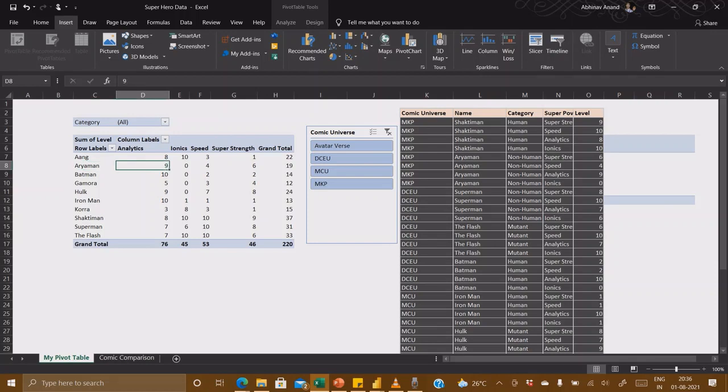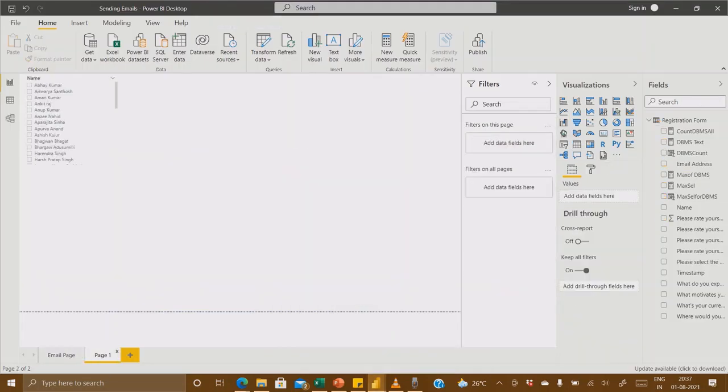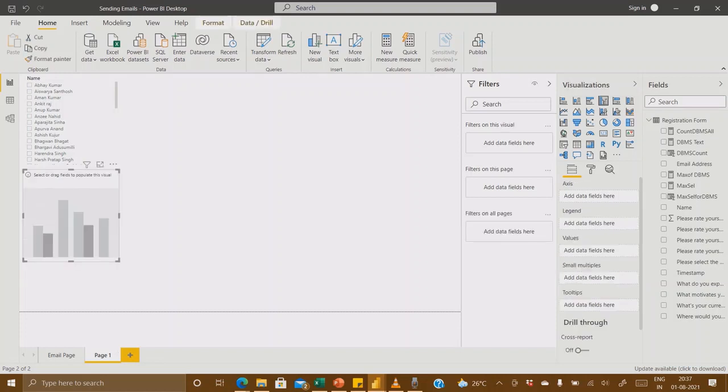This is very important to understand, because whenever we present any value or data in a table or visual, it is getting filtered based on the rows and the columns. Even if I develop a chart here, let me bring a chart, say a clustered column chart.